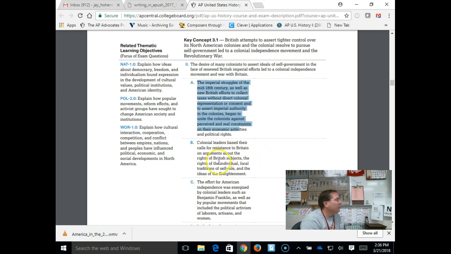They are very much being influenced to think about the idea of self-rule, especially with the ideas of the Enlightenment. And so let me remind you of John Locke, who is that guy who's talking about how you have the right to life, liberty, and property, and the government is set up to protect your rights. Be careful, though. John Locke is British. He is dead before we get even close to this time period. So if you have John Locke running around with Thomas Jefferson, whatever, you're showing that you're not really up on what you're supposed to be doing.